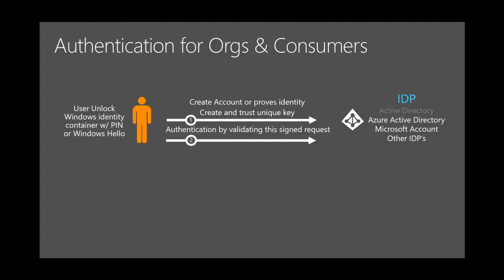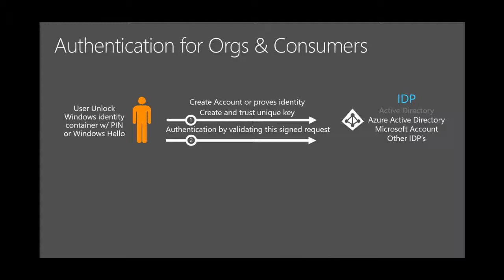So the user will unlock this identity by unlocking his device, right? In a desktop world, you will also be able to use your phone to unlock your desktop. But the secret that you have on your phone, because you're using the same identity on the phone as on a desktop, the desktop will see your phone and will be able to be unlocked with your phone, for example. Those scenarios exist too. But the user will unlock his identity by using a PIN.